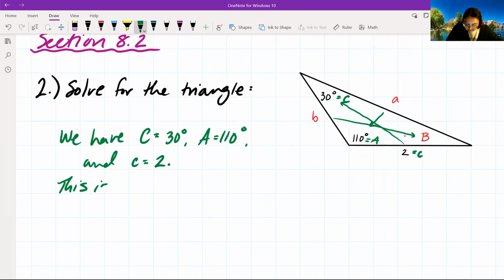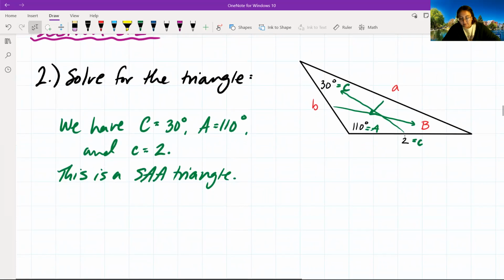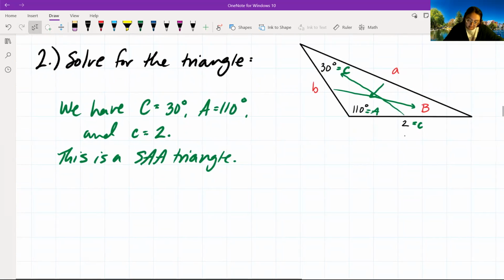So we can say this is a side angle angle triangle. All right, we determined it's a side angle angle triangle. We've identified the values that we were given, and now we can start to solve. In this case, the easiest thing to solve for right now would be to solve for the angle B. And this is because we know